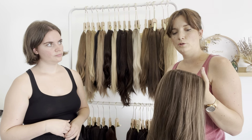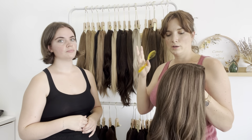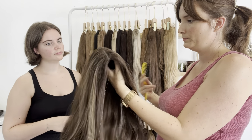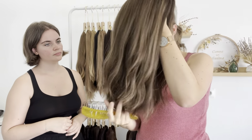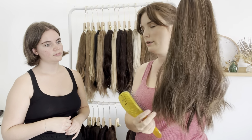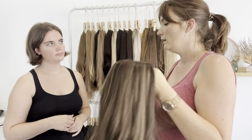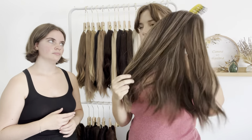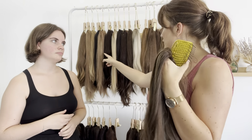Okay. The thing that will make your hairpiece evolve a bit with time is not the hair quality. Even if after 1 year or 2 it will be a bit more dry, it's normal and you can cut it a bit. The thing that is more sensitive is processed hair like this one, all pieces that are not virgin, unlike brunette hair that is virgin or Euro hair that is virgin. So the blonde piece, the light brown piece that are not virgin, or the processed hair like this, the color